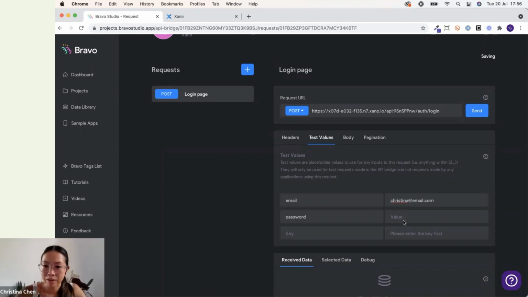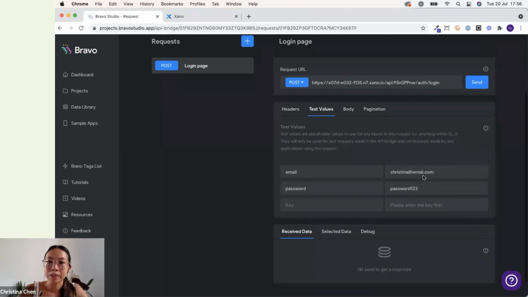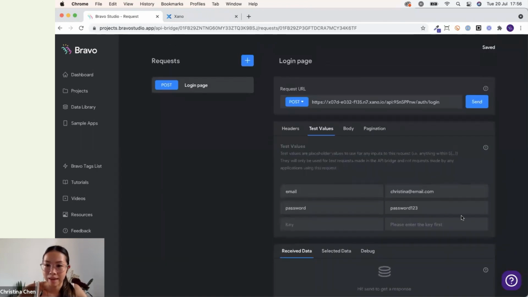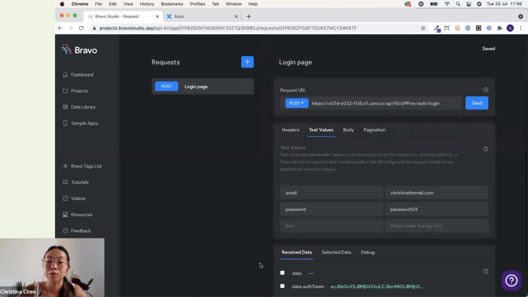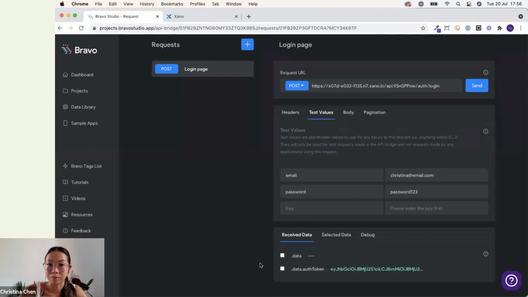So we already have, it's a real password. We already have accounts for us too. So I'll put in that for the test value so that we can send and test if the request works. And then the second is to get the authorization token that we'll need for the following requests